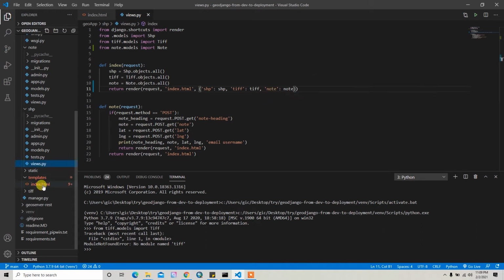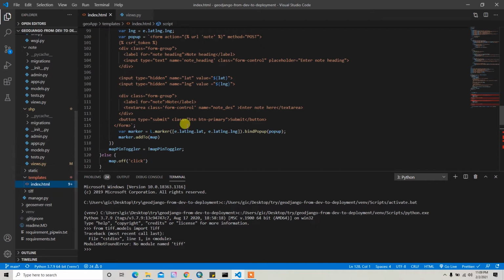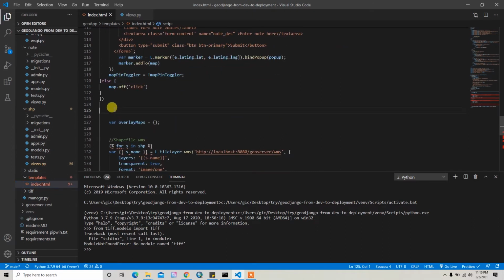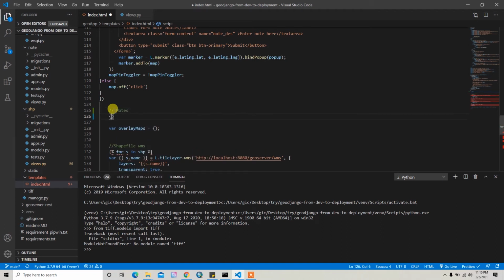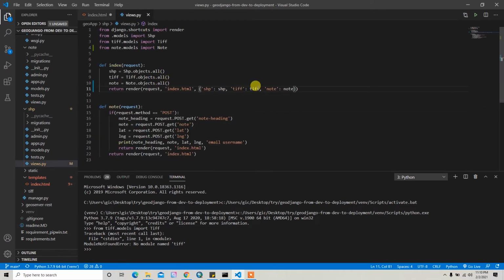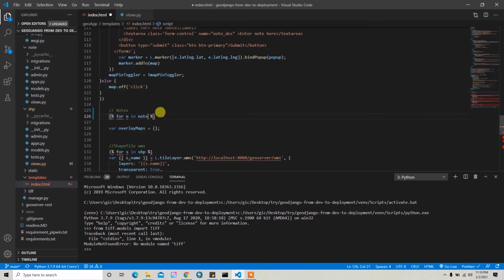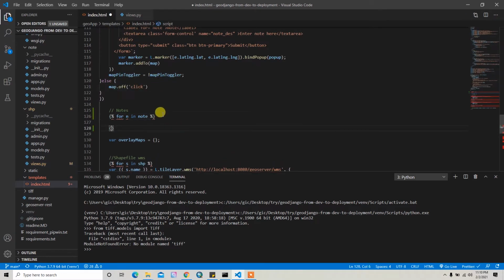And then I can catch this node through the index.html file. So for that I can make a similar kind of for loop. So let me comment out here nodes, and then I can write the Django template syntax, and then for n in node, which this node is coming from this name. So n in node, and then I can end this for loop here.